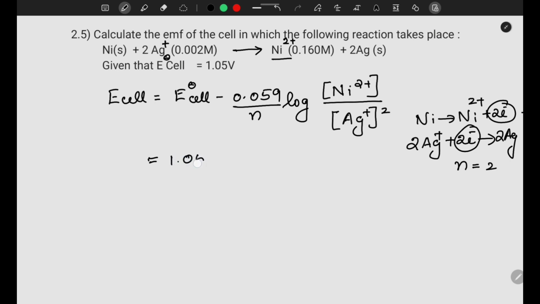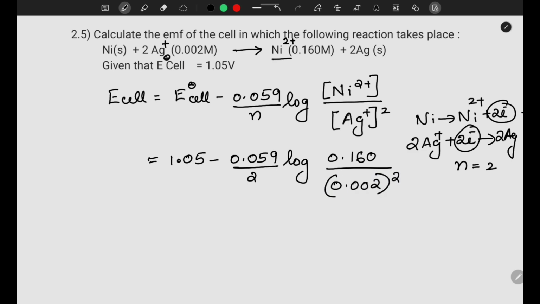So 1.05 minus 0.059 by 2 log concentration of Ni2+ is 0.160 divided by concentration of Ag+ is 0.002 the whole square. So that will be 1.05 minus 0.0295 log